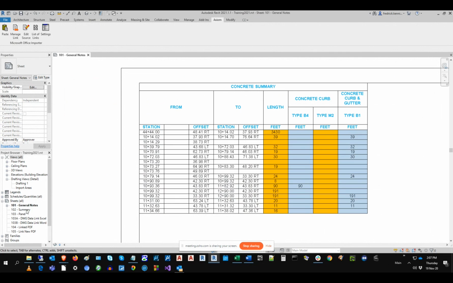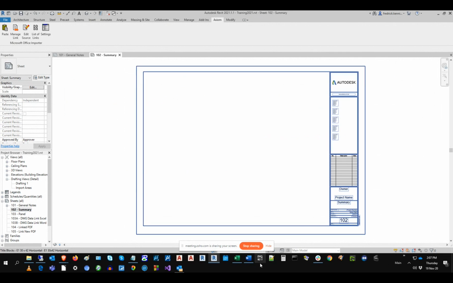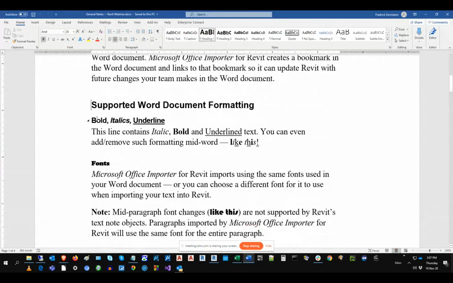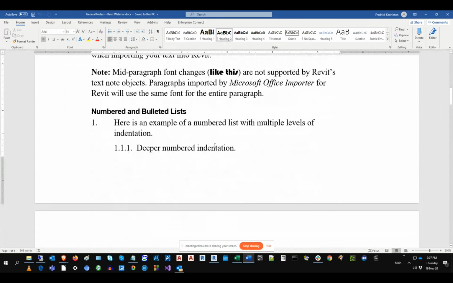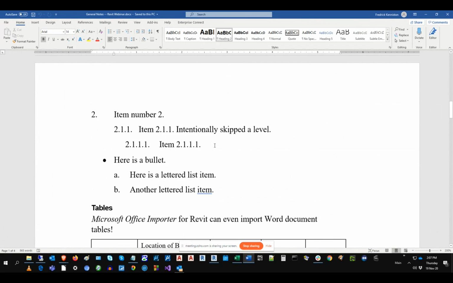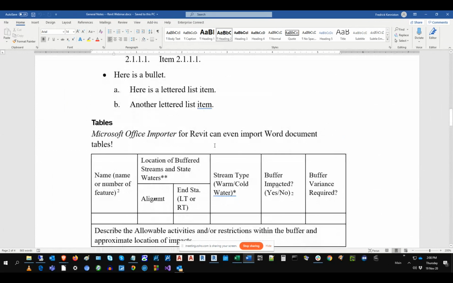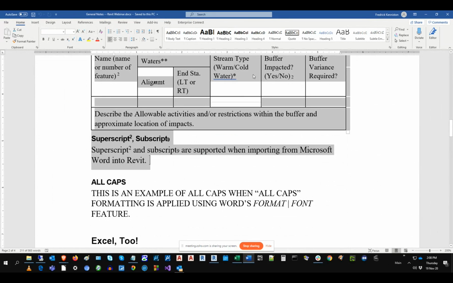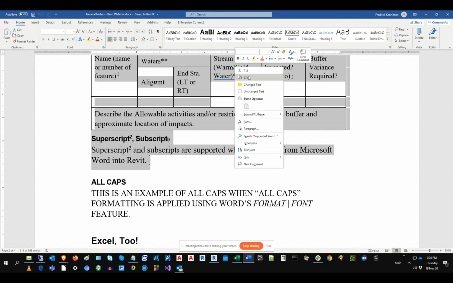I'm going to go to another sheet here. In this case, I'm going to go to my Word sample file. I'm going to grab this section of data here because this section of the Word file has a bunch of different formatting. It's got bold, italic, and underlined text, different fonts, numbered paragraphs, indented paragraphs, bulleted paragraph, and also some table data and superscript and subscript text. So I'll highlight that area, copy it,